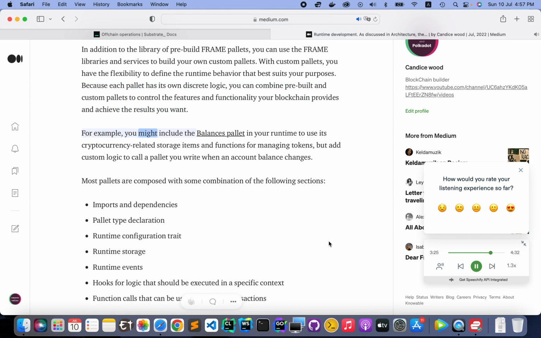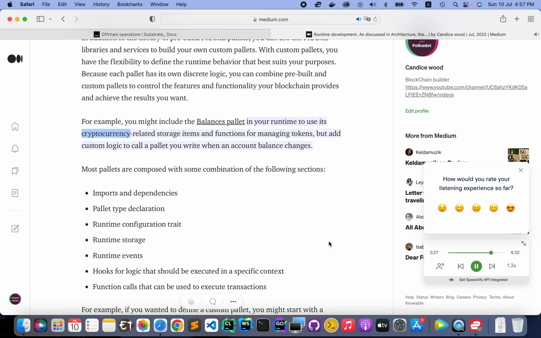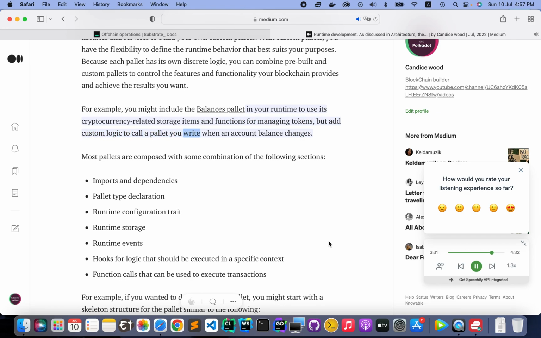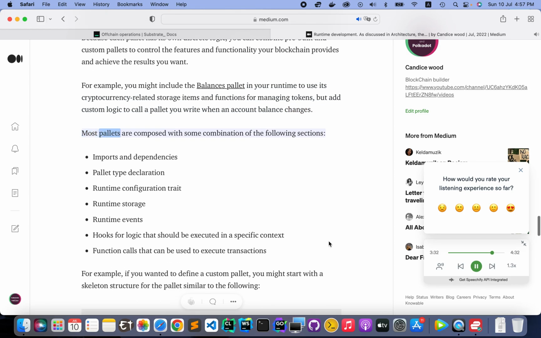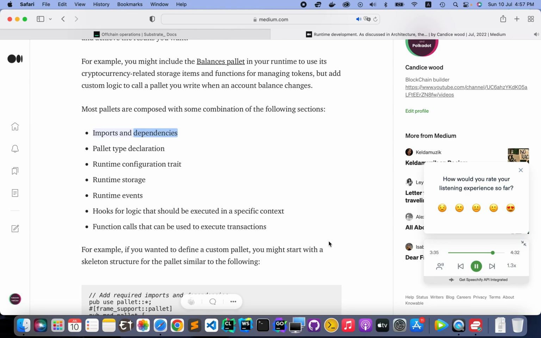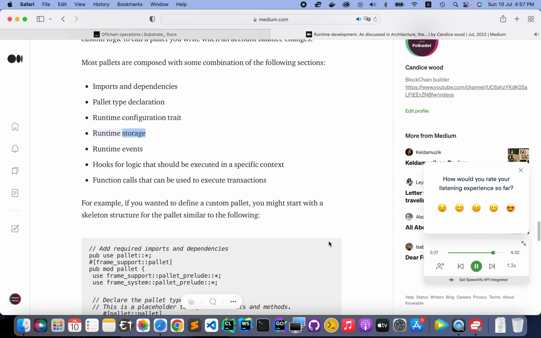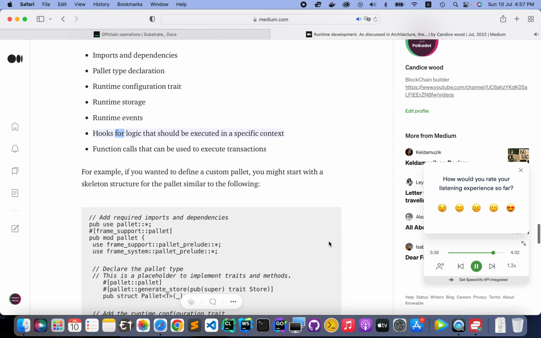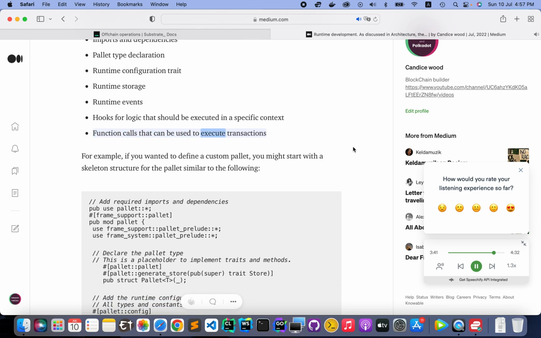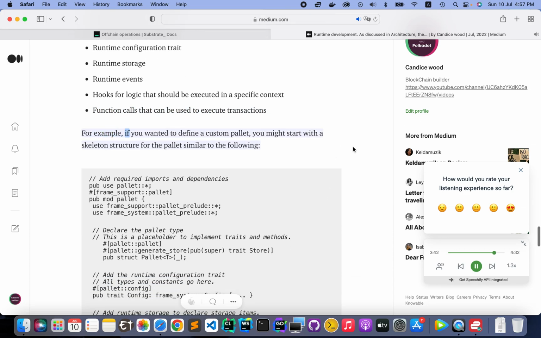For example, you might include the Balances pallet in your runtime to use its cryptocurrency-related storage items and functions for managing tokens, but add custom logic to call a pallet you write when an account balance changes. Most pallets are composed with some combination of the following sections: imports and dependencies, pallet type declaration, runtime configuration trait, runtime storage, runtime events, hooks for logic that should be executed in a specific context, and function calls that can be used to execute transactions. For example, if you wanted to define a custom pallet, you might start with a skeleton structure for the pallet similar to the following: